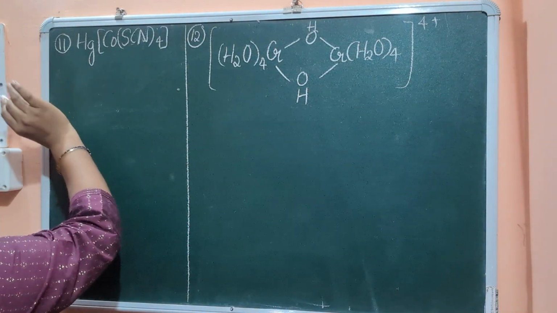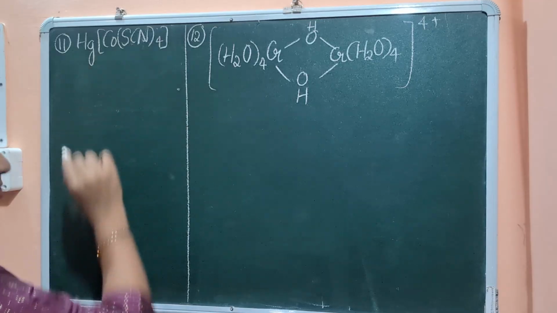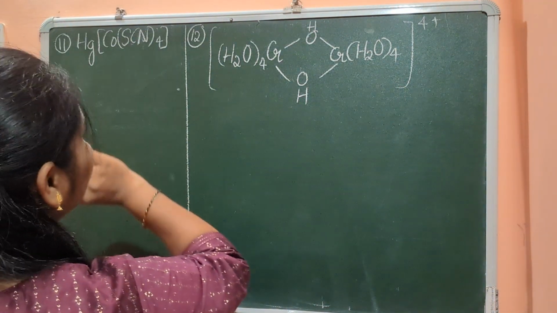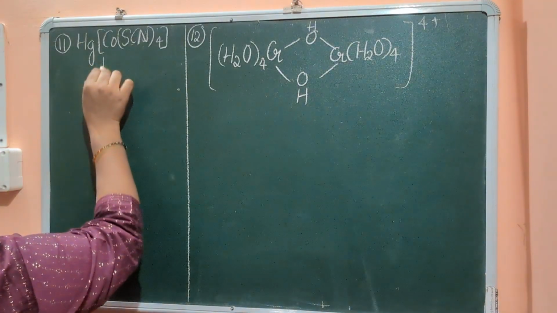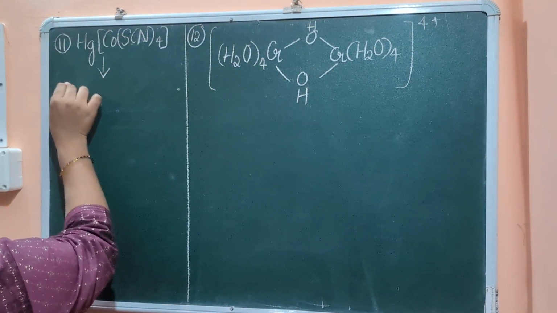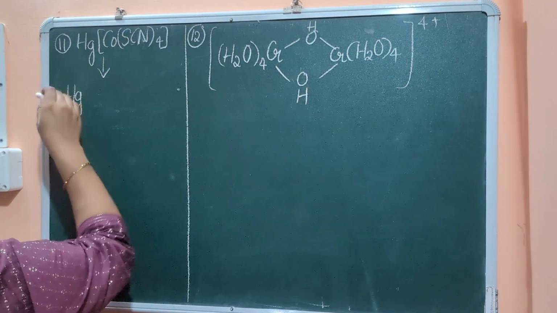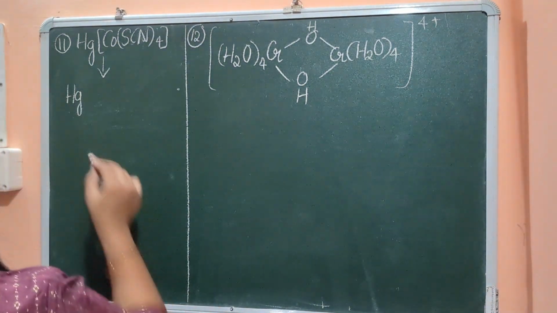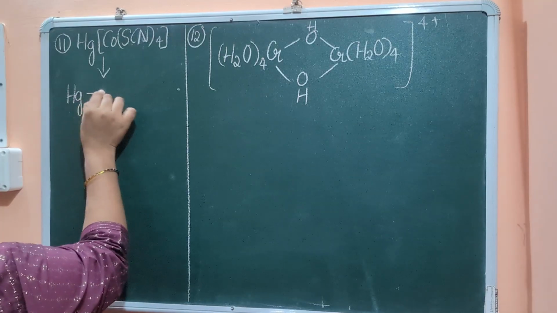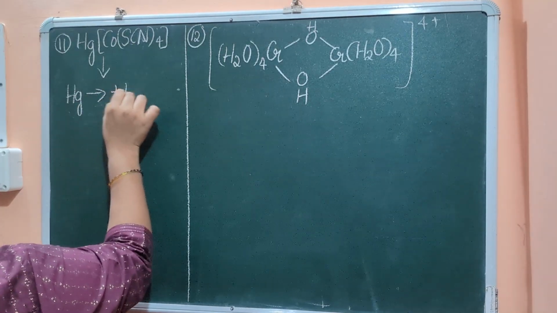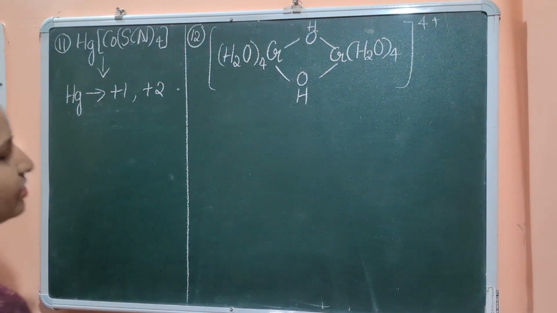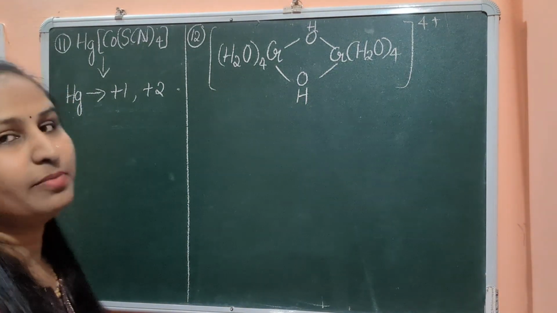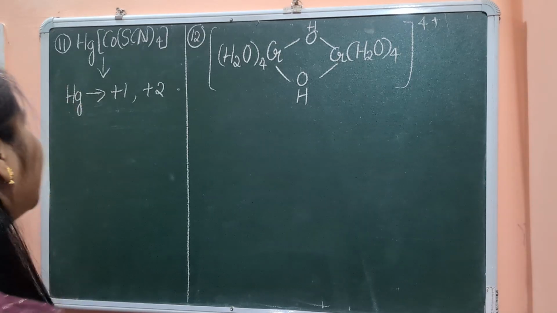This mercury is acting as a counter ion here. Cobalt is the central metal ion, and SCN, that is thiocyanate, is acting as a ligand here. So when we dissociate this complex, it has to dissociate as Hg positive ion, and the other one as a negative ion. But Hg exists in +1 as well as +2 oxidation state. In this complex, it is going to exist in +2 oxidation state